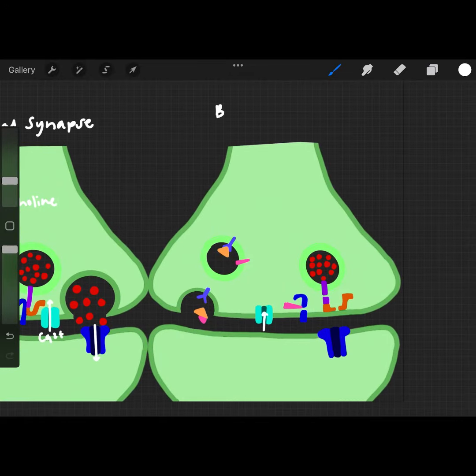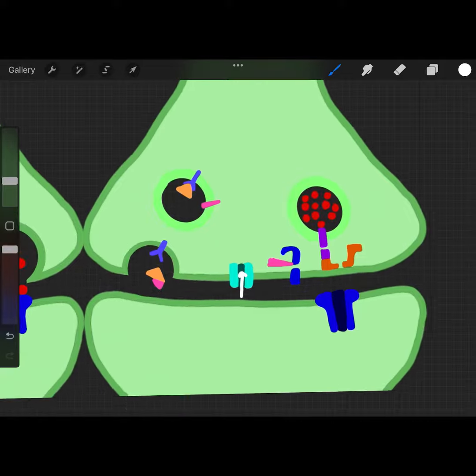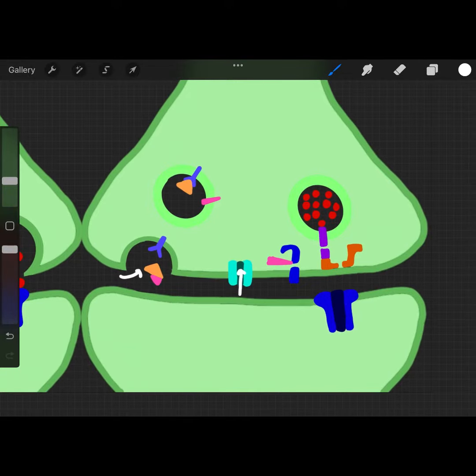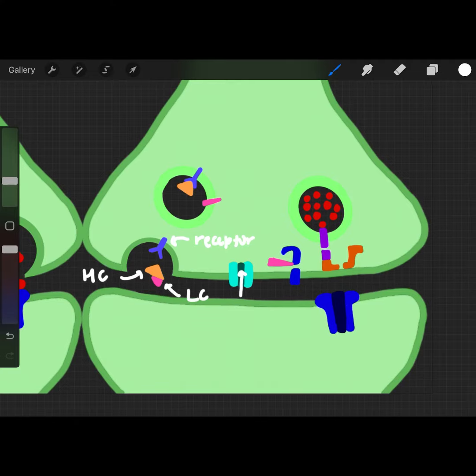For a synapse in the presence of botulinum toxin, the heavy chain of the toxin binds to a receptor in the neuron and is endocytosed into the synapse. Once inside the synapse, the light chain is cleaved from the heavy chain and interacts with the snare proteins to prevent the vesicles of acetylcholine from docking to the synapse membrane, thereby preventing the release of acetylcholine from the synapse altogether.